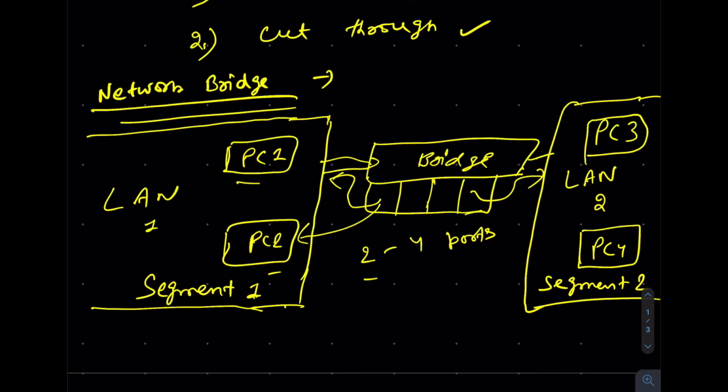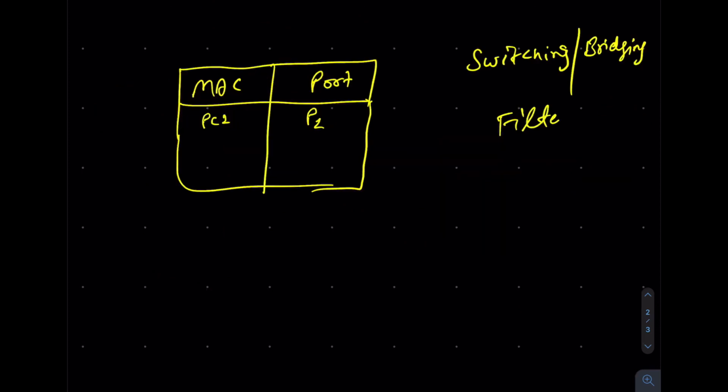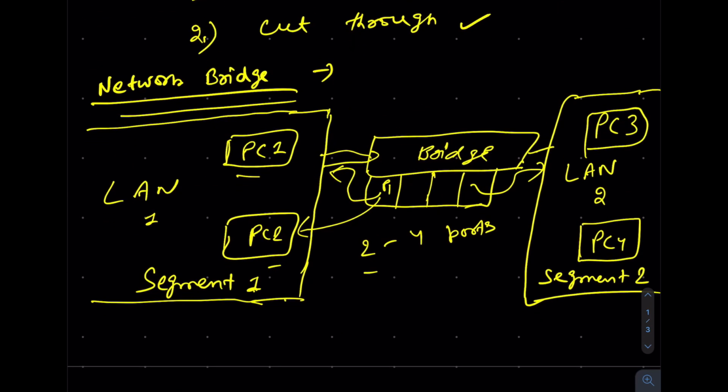When a packet comes in, initially, say PC1 wants to send a packet to PC4, but the bridge has just been set up, so it will flood to all the ports except the port where the packet came from. For example, if the packet came on port P1, it will broadcast to all the ports apart from P1. Okay, that's how a switch also works, right? It broadcasts to all the ports except the port it came from. So that's how the bridge makes the bridging decision. Apart from switching, this is also called bridging in terms of a bridge.